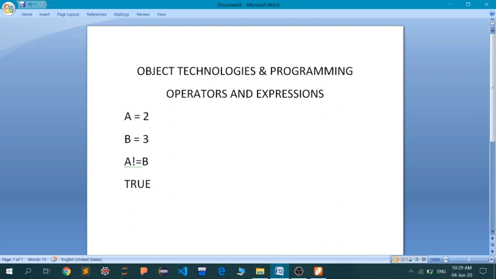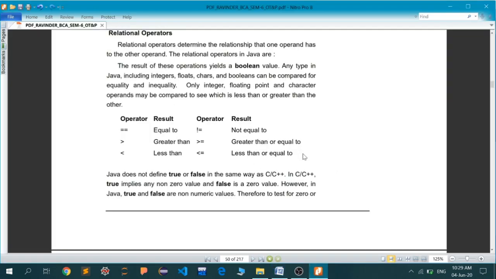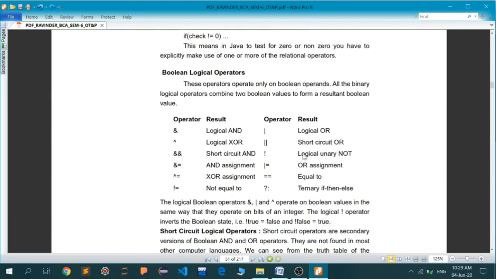So these are your relational operators. I think you must have all seen them before in your C and C++. These all have the same symbols and the same meaning. So I'm not going to spend any more time here. I think we are more than